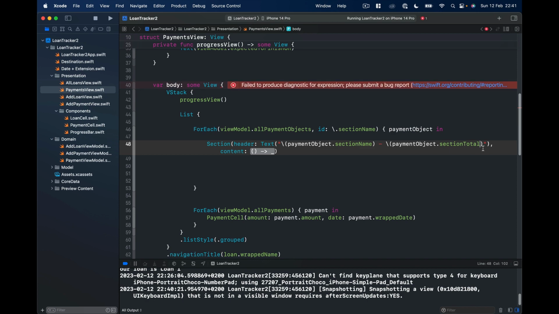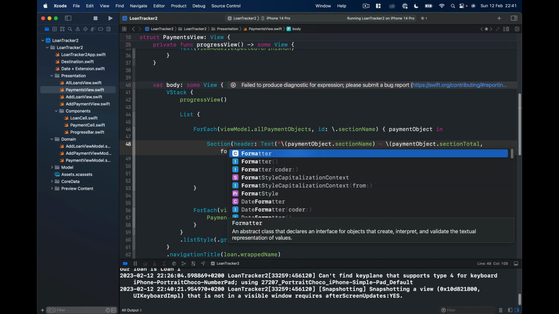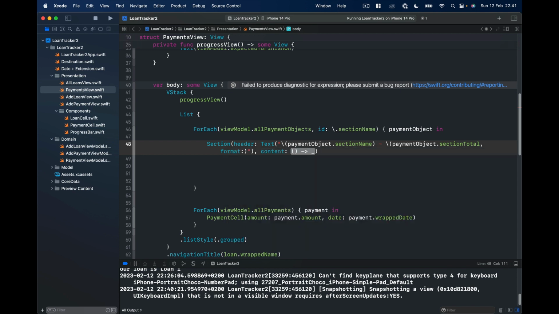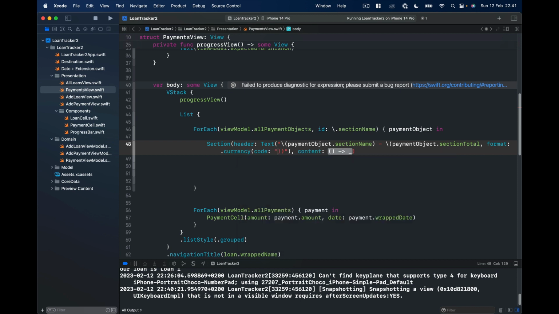And this section total we are going to format as currency, and our currency is going to get the code of euro,